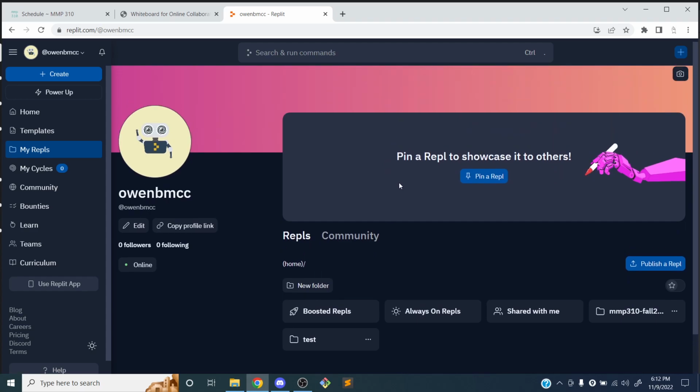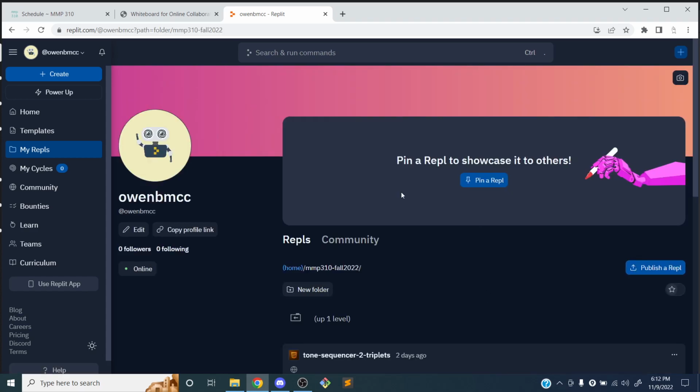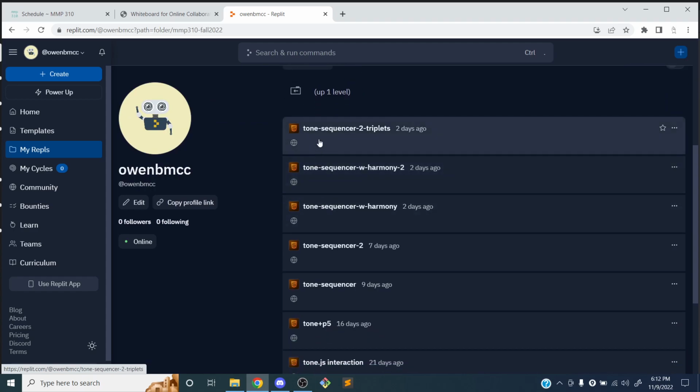So I'm going to go to my changes. Replit's been making a lot of changes to their interface recently. So let's see, here's my folder. Okay, I made this triplets thing, Gal, that I think I didn't send to you, but I'll send it to you later. I figured out the triplets thing. It's probably not exactly what you want, but I think it's the easiest way to do it. But anyway,